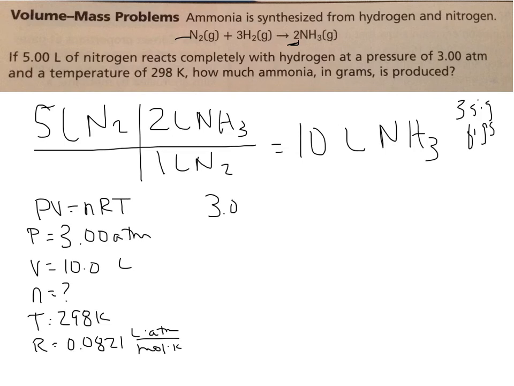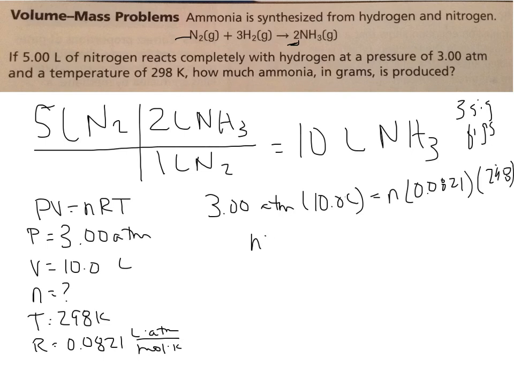So we have 3.00 atmospheres times 10.00 or 10.0 liters, and that's going to equal the number of moles times 0.0821. I'm running out of room, but I want you guys to also write down your units. We have 298. And so we find that the number of moles that we are going to produce is 1.23 moles